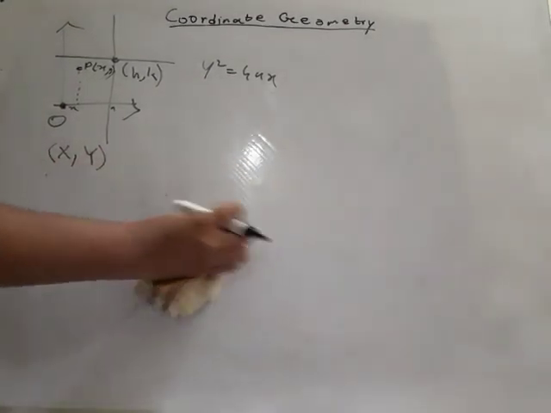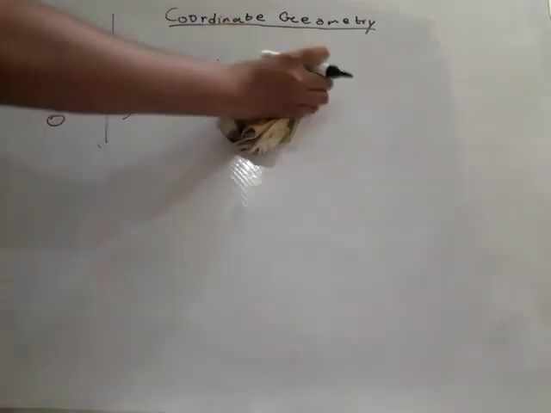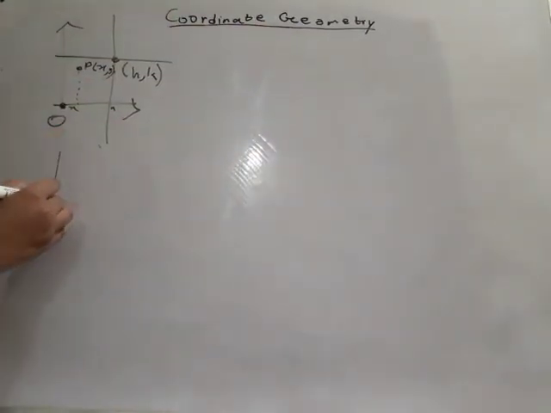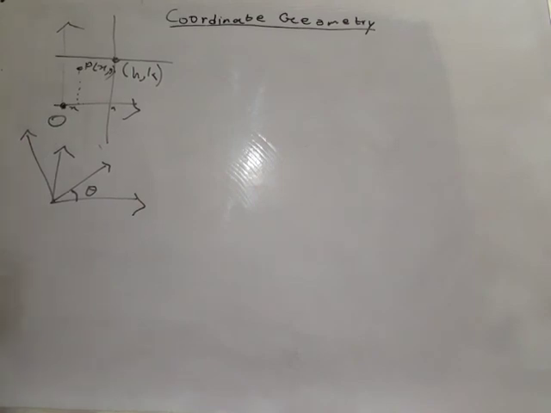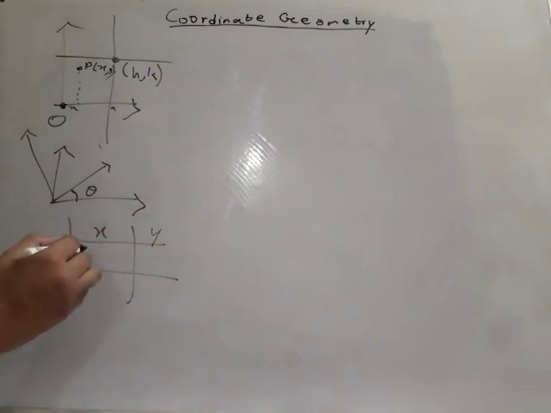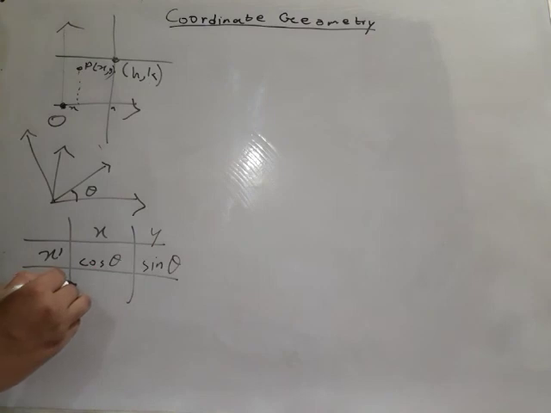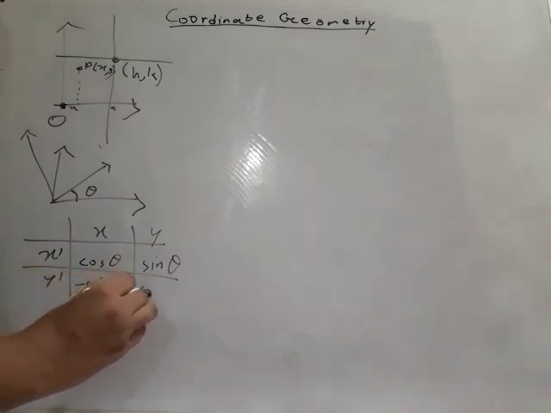Now this is shifting of origin, and now rotation of axis. Suppose we are told that the axes were like this and they are rotated by an angle theta. What are the new coordinates? Again, I am giving you a table, just memorize it. Suppose the new coordinates are x dashed and y dashed, and old coordinates were x and y. Take this to be x cos theta and y sine theta, and this is minus sine theta and cos theta.